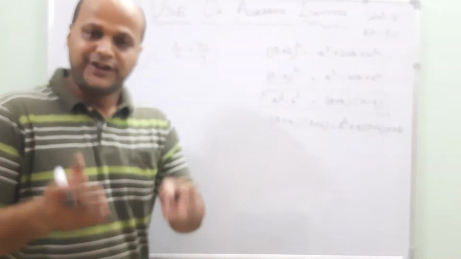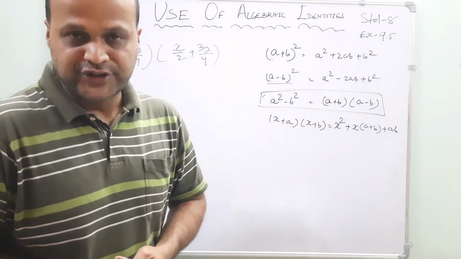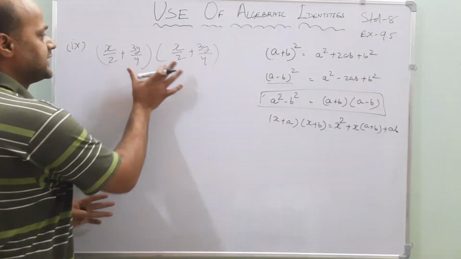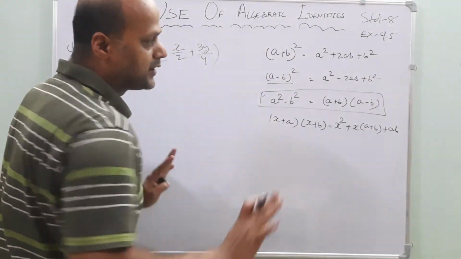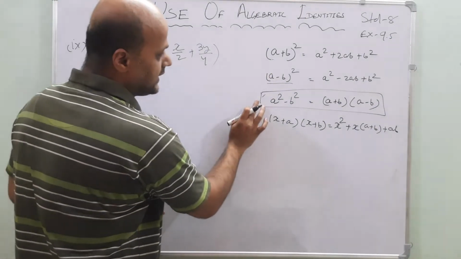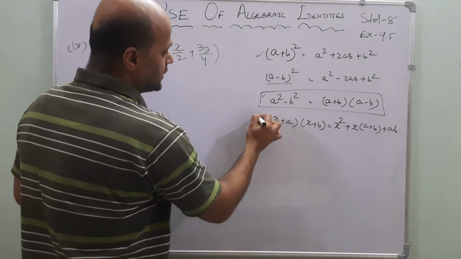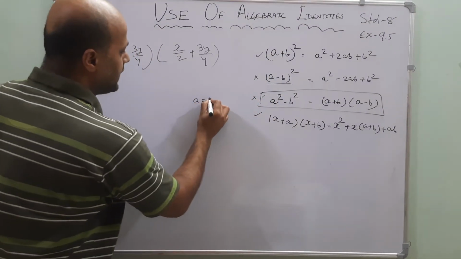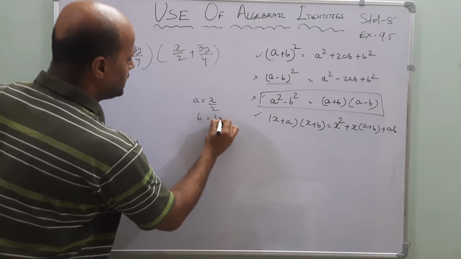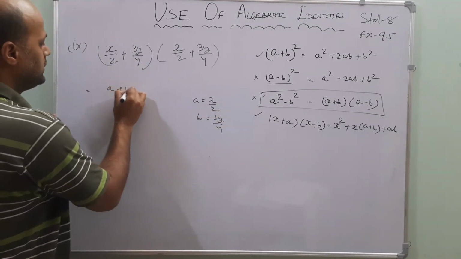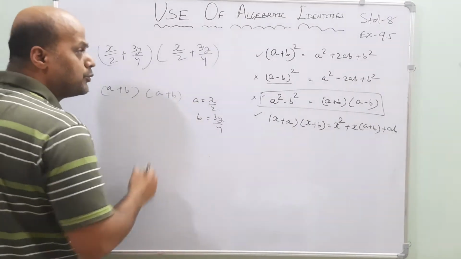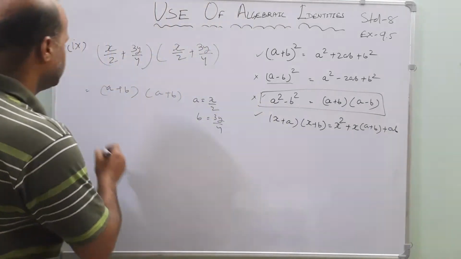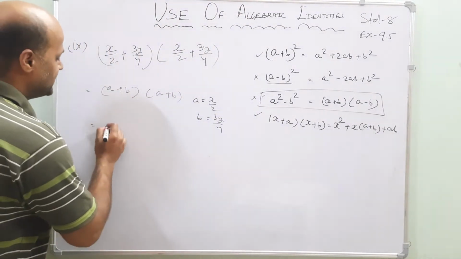One of my friends, Arushi, is asking a doubt, so I will clear this one. Again the same thing. In both the cases plus signs are there. In our identity, plus signs are there in this case and this case only. Both of them are plus, so these two are not implemented. Here A is equal to x by 2, B is equal to 3y by 4. So what is the identity now? A plus B into A plus B. In which formula is A plus B into A plus B there? Yes, very good, Shreyans. It is A plus B whole square. So go for it directly.